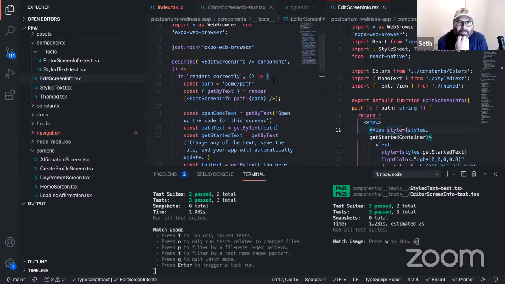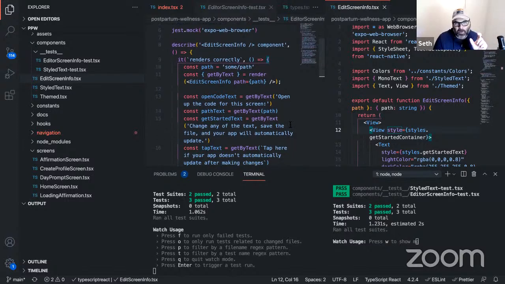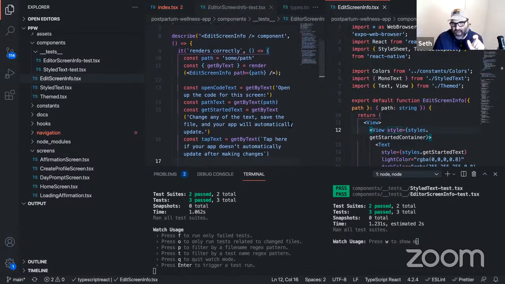All right, so then we'll go even more basic and say line 8. We're describing the test so we can better read it in the console. Absolutely, this is what we're testing. So when you have like 50 tests, you can just say, oh, this is the edit screen info component. And then line 9, you can use it and you can use test, I think.